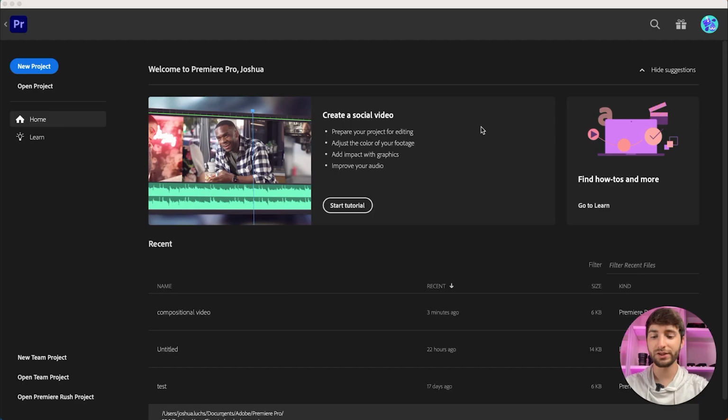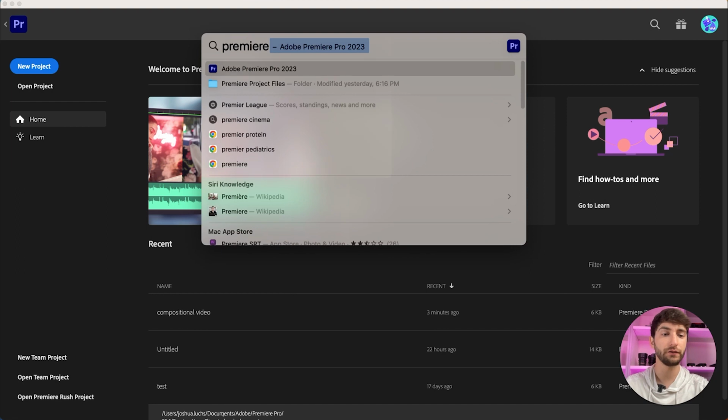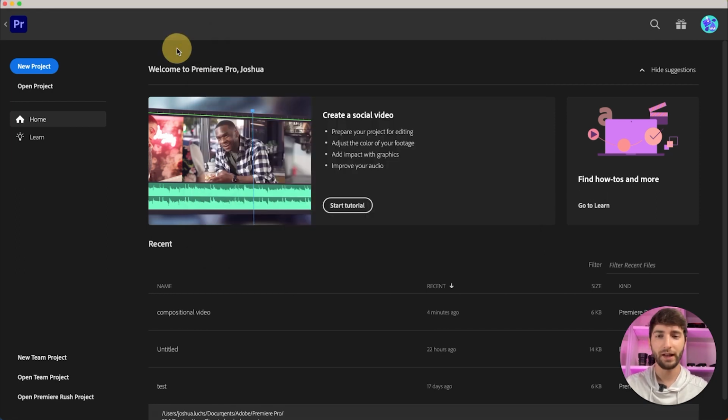As usual, to get started, we can pull up Premiere Pro pretty simply by hitting Command Spacebar or the Windows key on a PC and then typing in the program we're looking for. So I'm going to type Premiere and then I can either click on it or hit Enter. At that point, it'll bring up Premiere, which starts us off with a home screen. You can see your recent projects, some tutorials, and most importantly, the new project button over in the top left